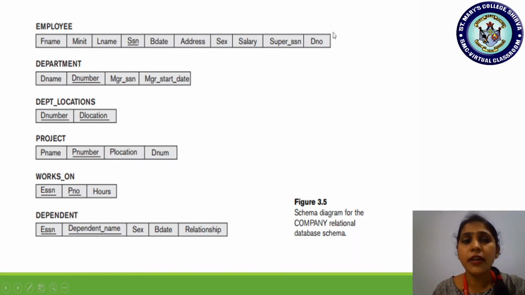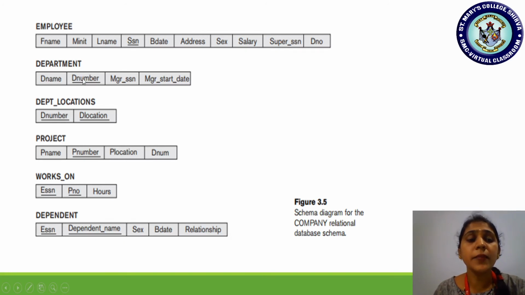Means here in this relation R1, department number is considered as which type of key? Foreign key. So from now onwards we will be understanding the meaning of foreign key also. Okay. So here SSN is the primary key of employee, and D number is the primary key of the department relation.